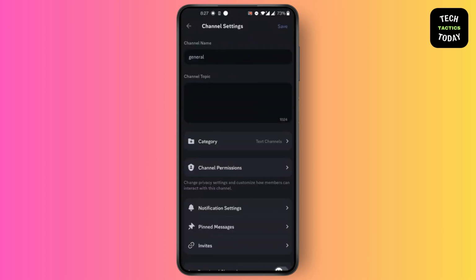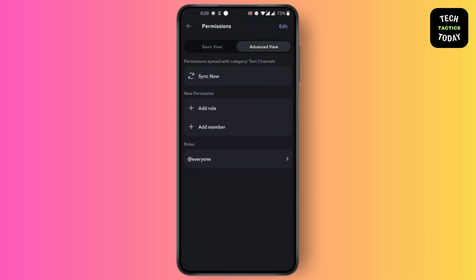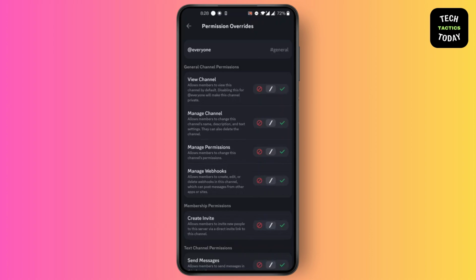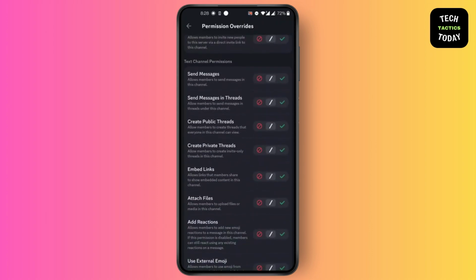You'll find channel settings pop up. In here, you'll find this kind of screen pop up. Go to permissions. In here, go to advanced view. And then in roles, there's everyone. Click on it. In here, make sure you scroll down till you find text channel permissions and make sure send